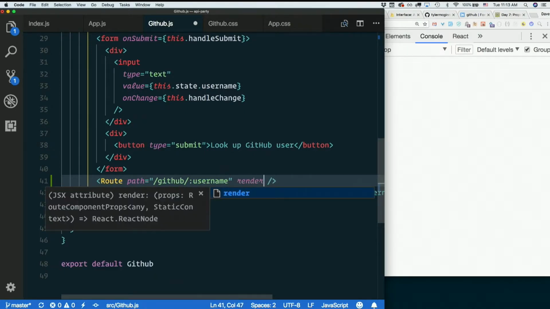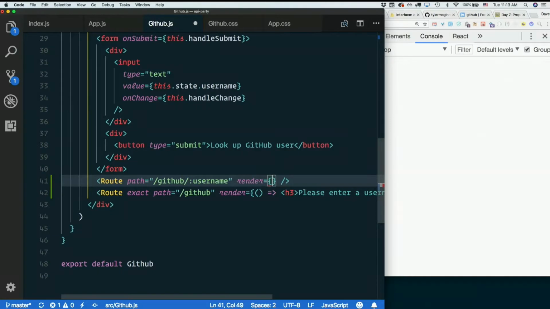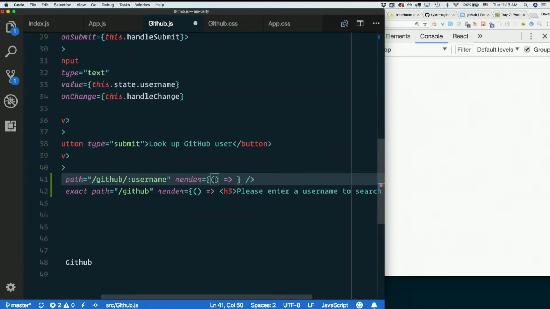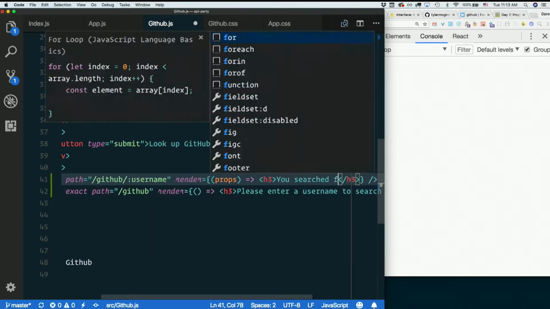Then I'll use a render method. And if you do a render method, it will pass in the props still if you just put it in the argument list here. So if I say props here, just like a stateless functional component, my props are still available to me. So I could say H3, you searched for,